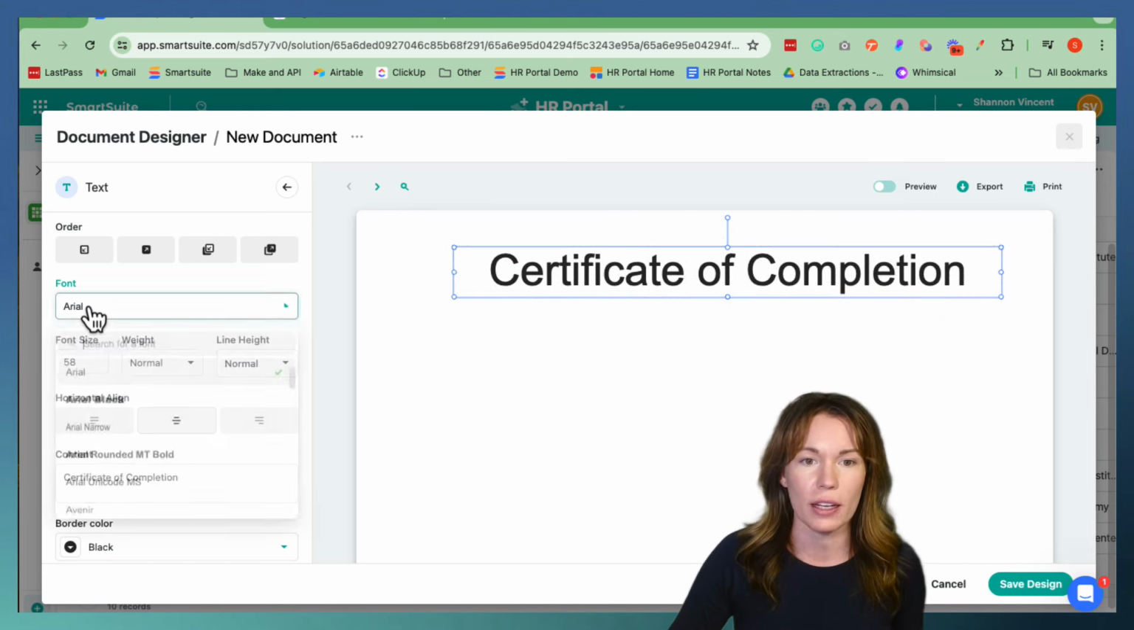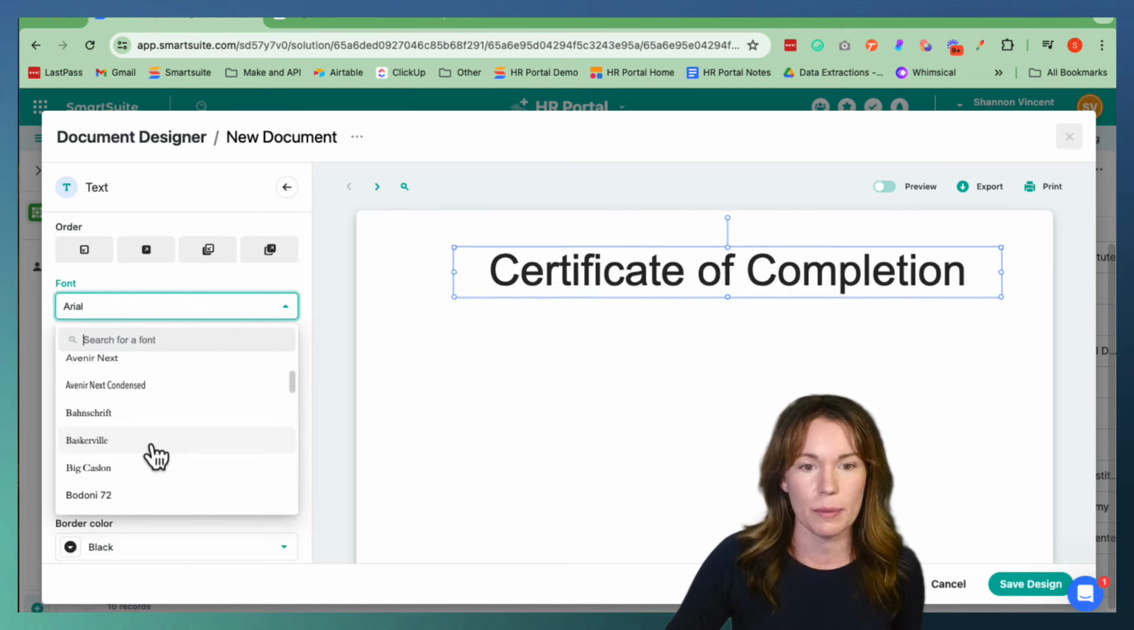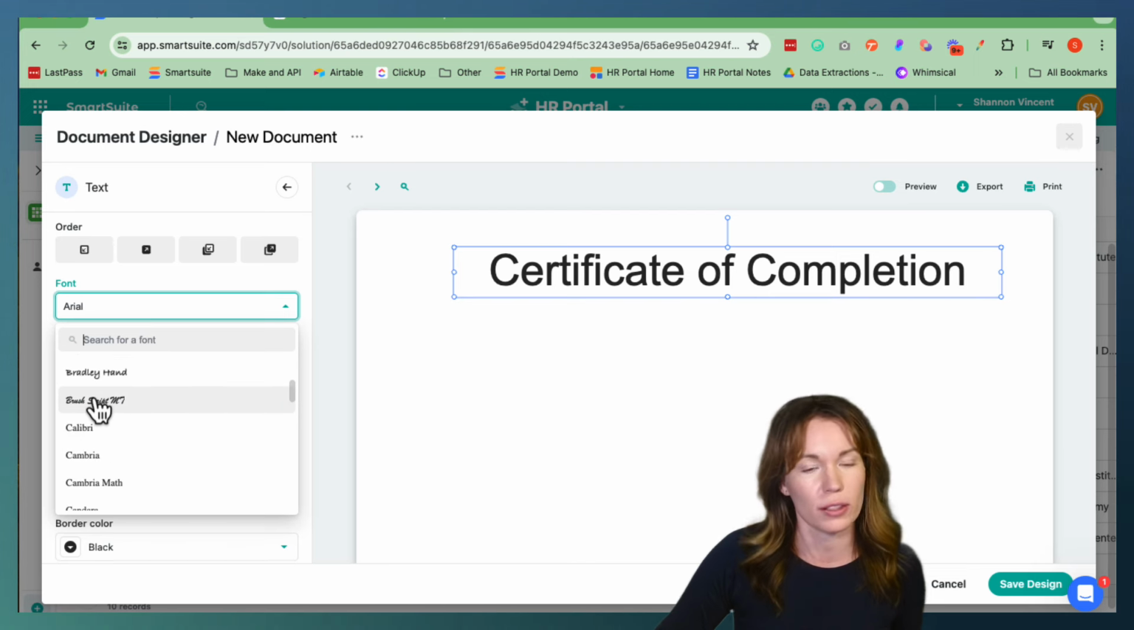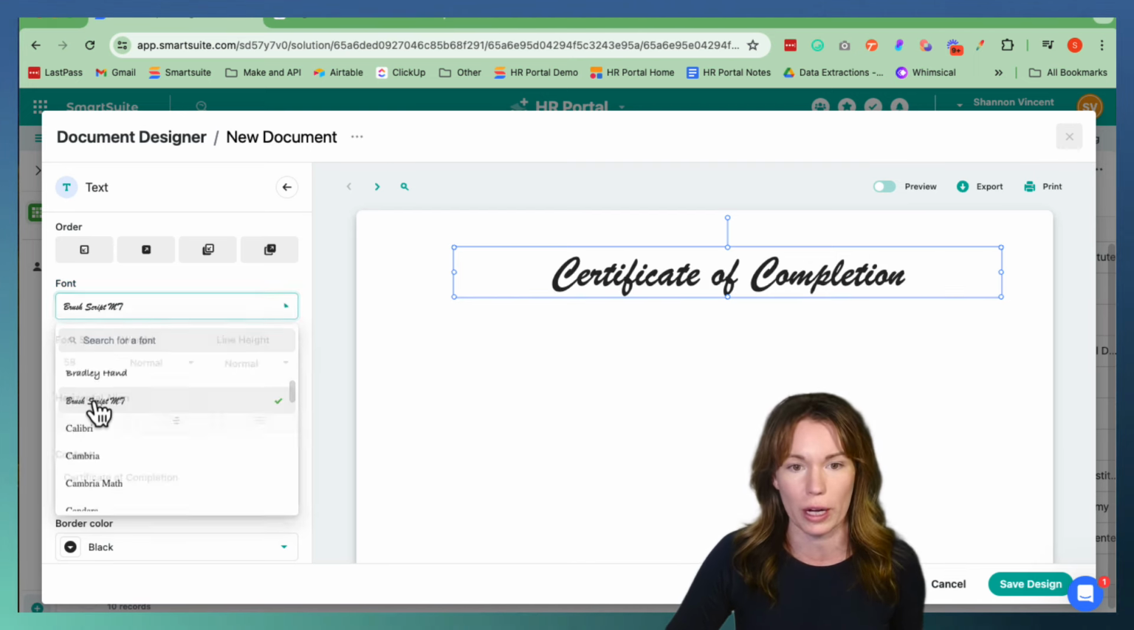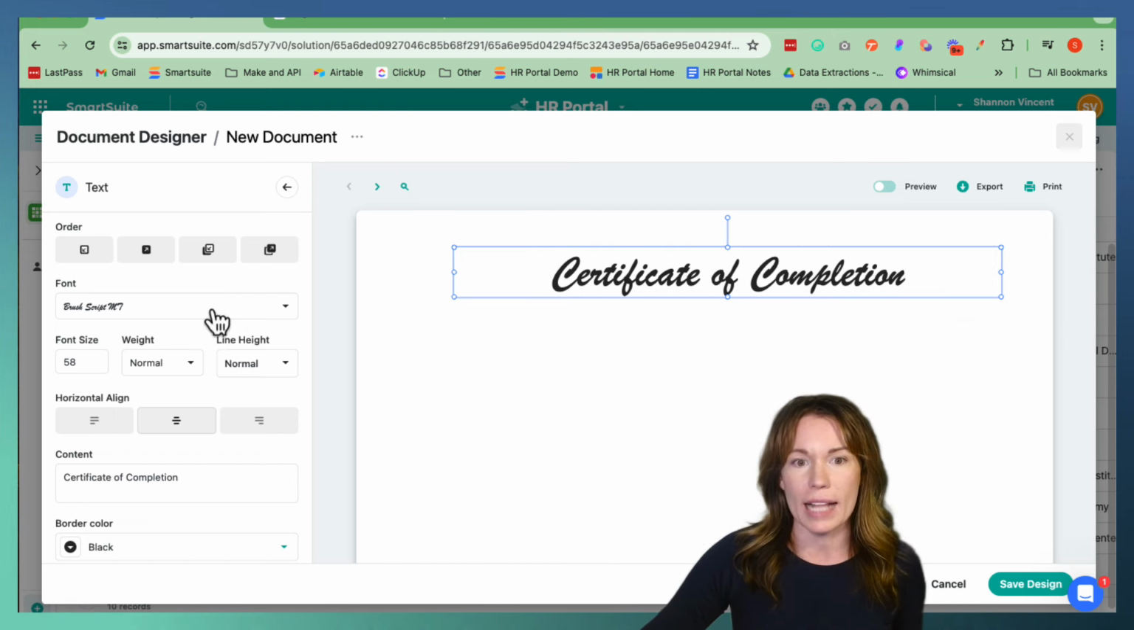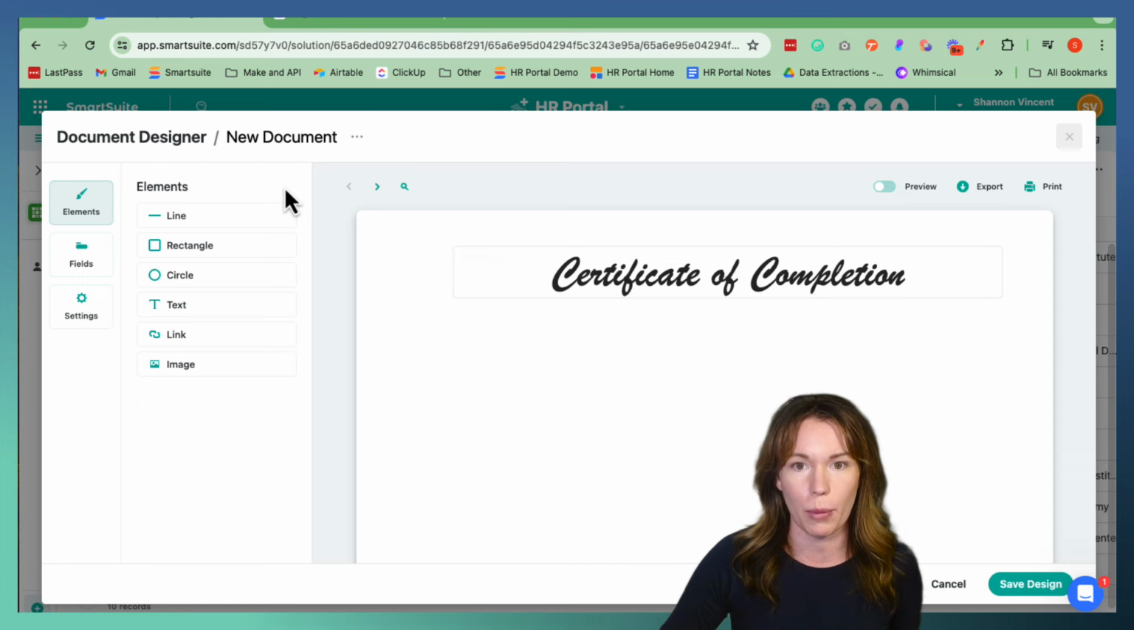Okay, and then I wanna change the font. So go over here to font, and we want this to be a little bit more cursive looking, so it looks a little bit more like a certificate. So we're gonna pick the brush script. Great. And so we want to go ahead and add another text box because we want it to say